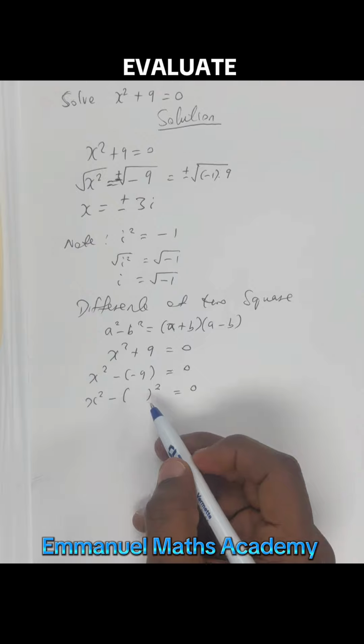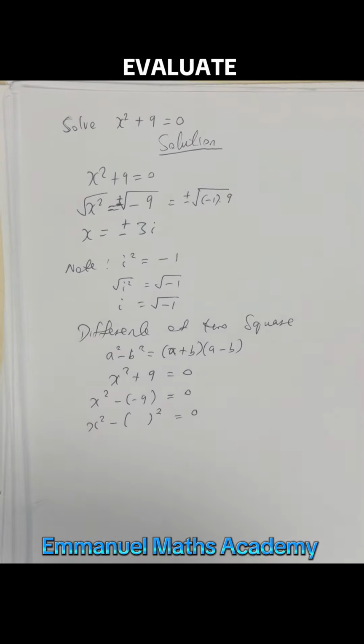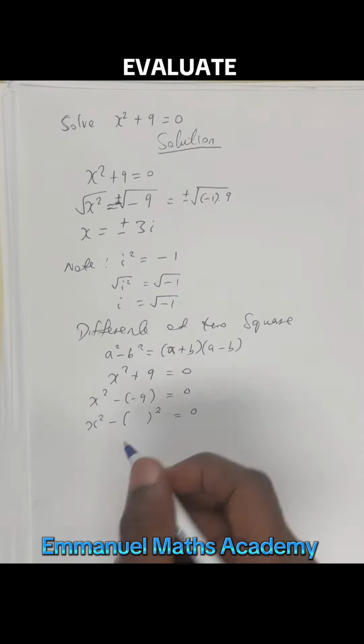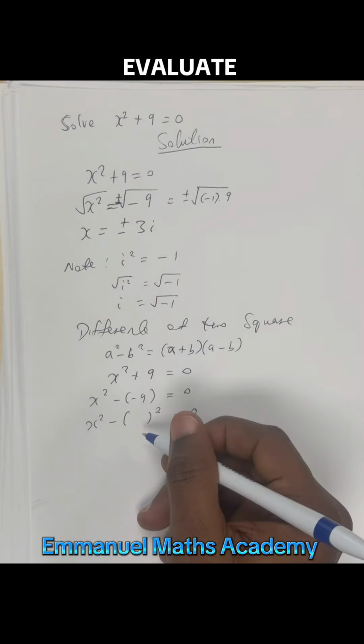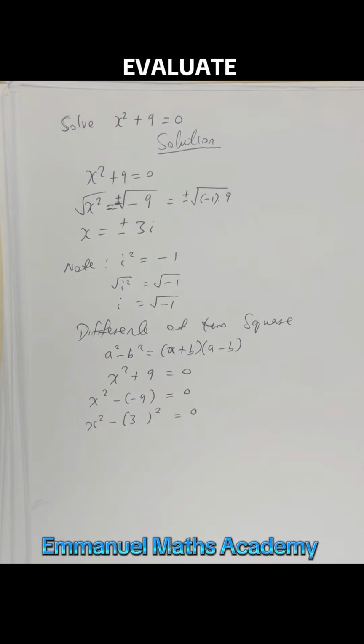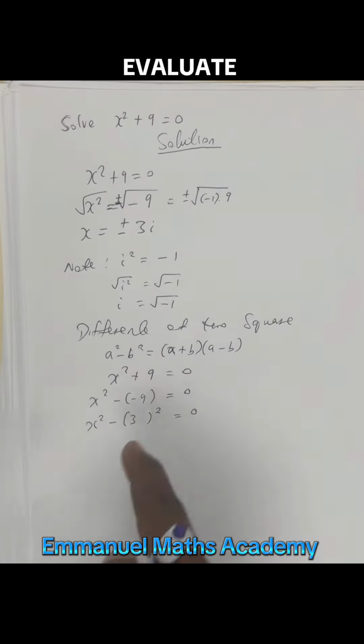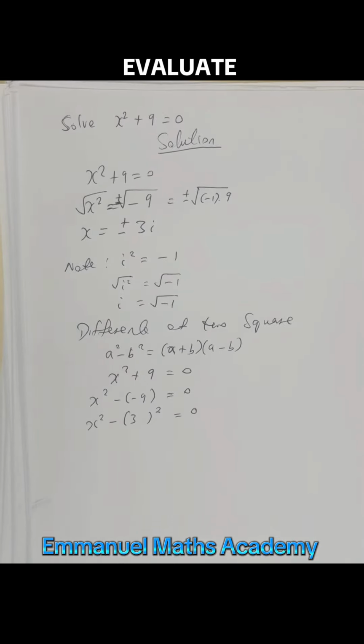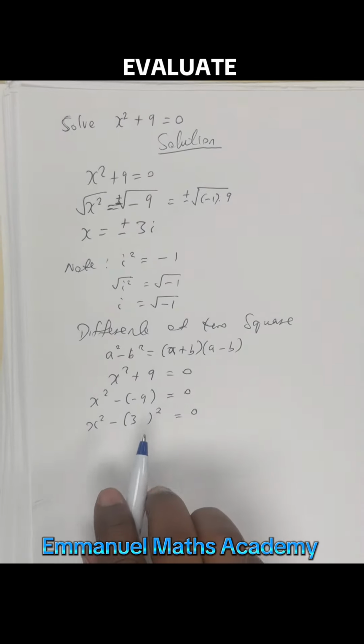So from this, how do you break this down? You have minus 9. The square of what number will give you 9? So that's typically the question. The number is what? 3, right? Then what about this? What about this? You can see that from here,